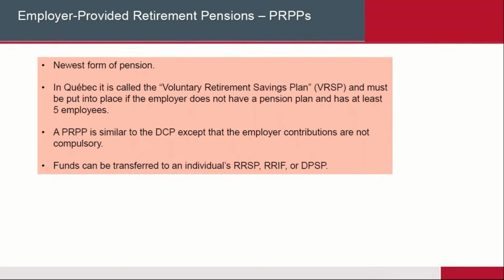There's mandatory contribution. In a PRPP, it's really a pension plan that can be set up, and the employer does not have to put in a dime. It can all be done by the employees only. So it's designed essentially for small businesses to provide some kind of a pension plan for its employees. Okay, that's really what it's designed for. So it's a pooled retirement pension plan, basically, available now, I believe, in all provinces. New Brunswick being the latest one that just announced that the other day, actually.